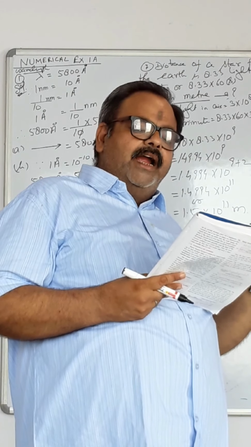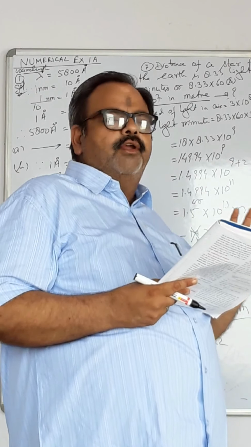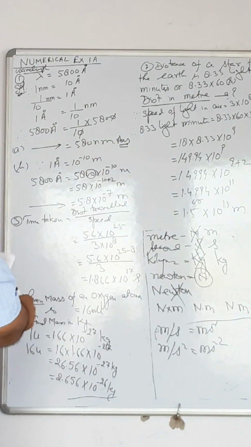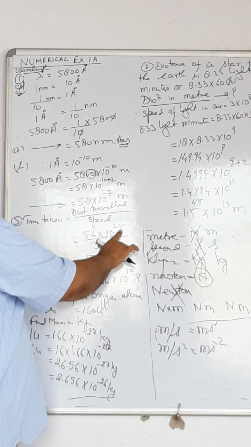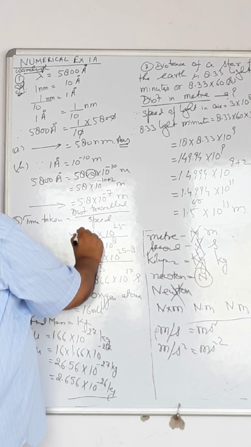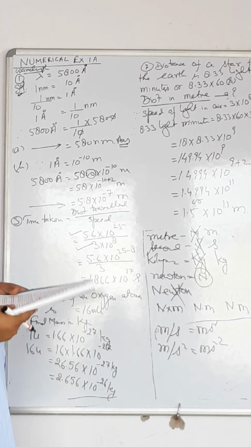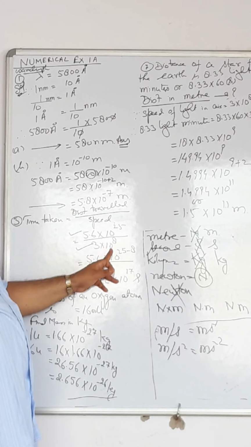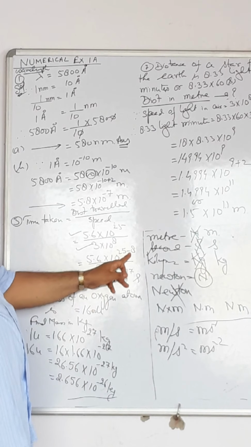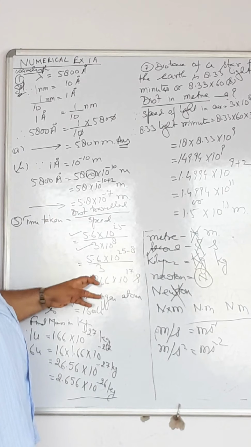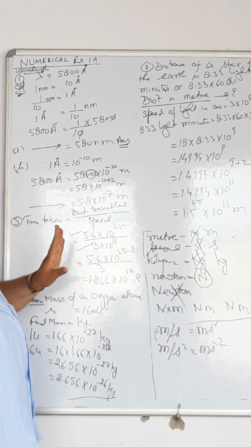Assuming the speed of light to be 3 × 10^8 meter per second, find the time. We know the basic formula: time is equal to distance traveled over speed. Distance they have given, we have noted. Speed they have given, noted. Now how to solve? The 10^8 is in the denominator, so it is taken as negative power and comes to the numerator. What is left? 5.6 into 10^25 minus 8, that is 10^17, positive.